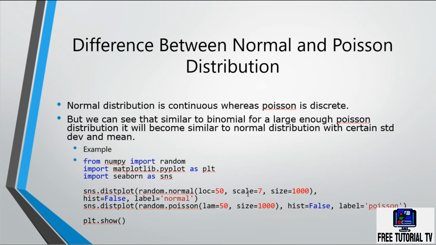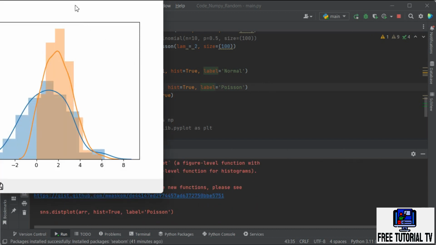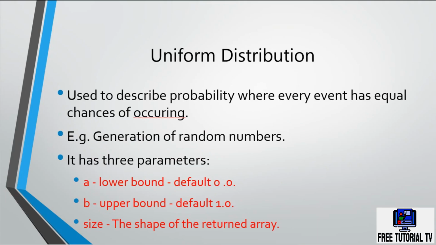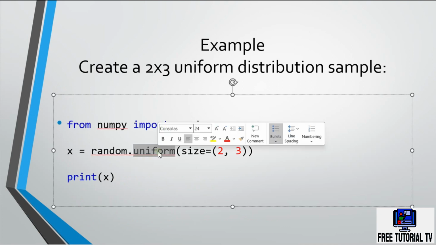Scale will be available for normal, but for Poisson scale will not be available. And for the uniform distribution, similarly, you can use the uniform function